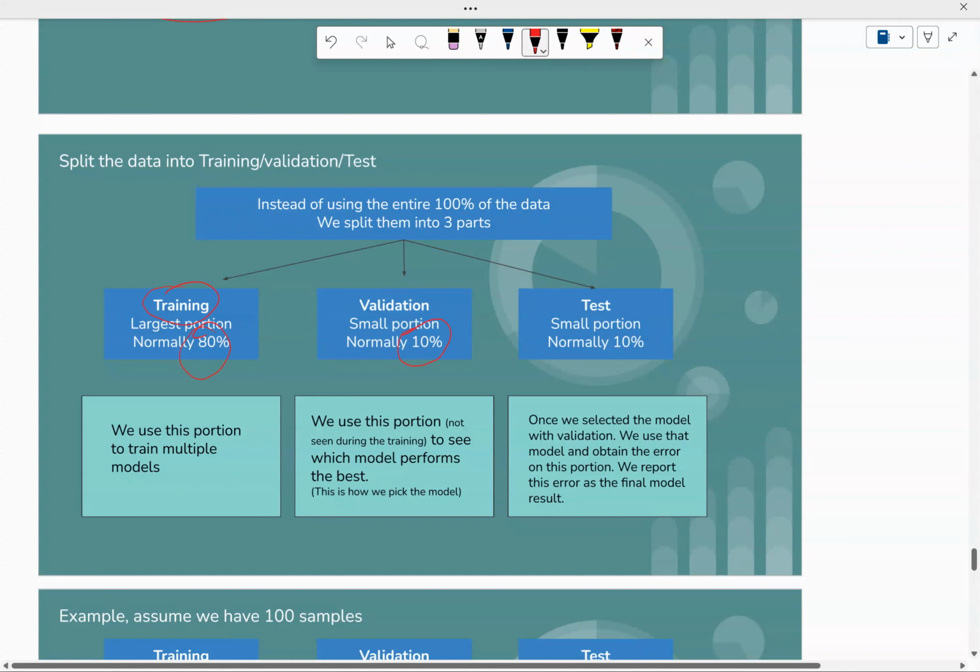Validation is smaller, and test is also small. Okay, so 10%, 10%, 80%. So what we do is, once we split the data into these three sets randomly, you're randomly splitting them, we